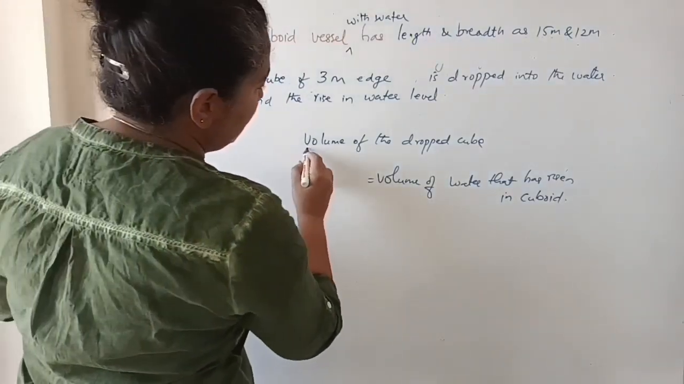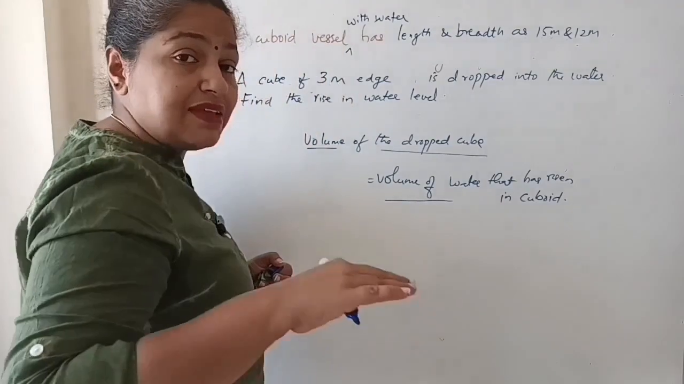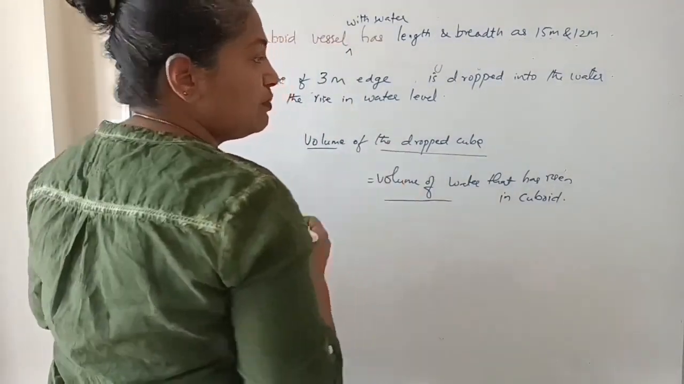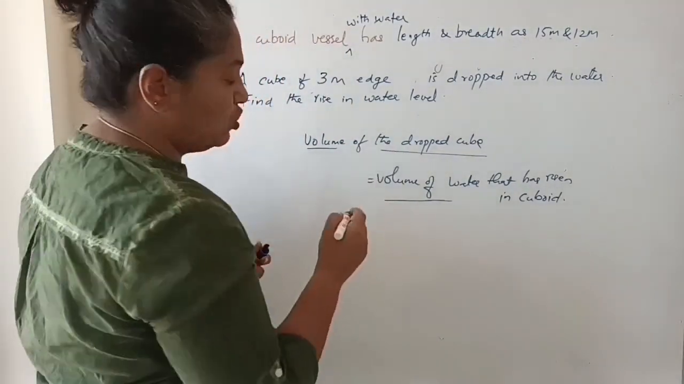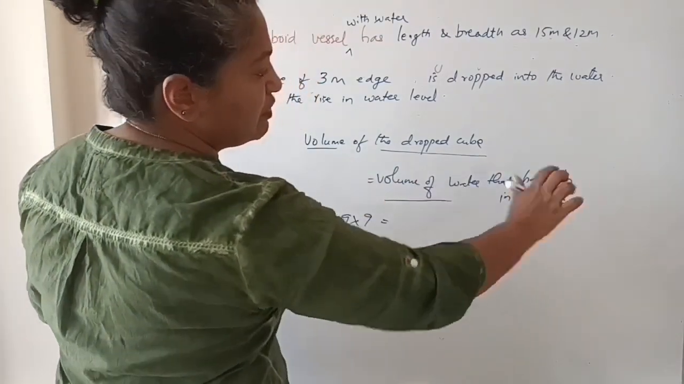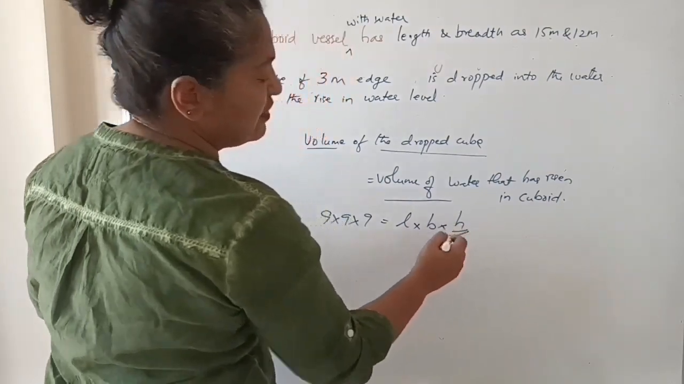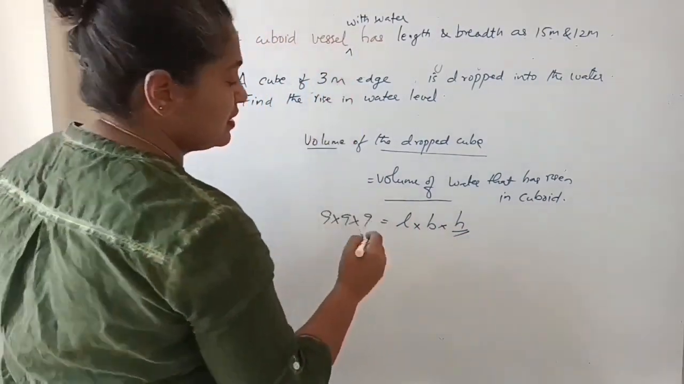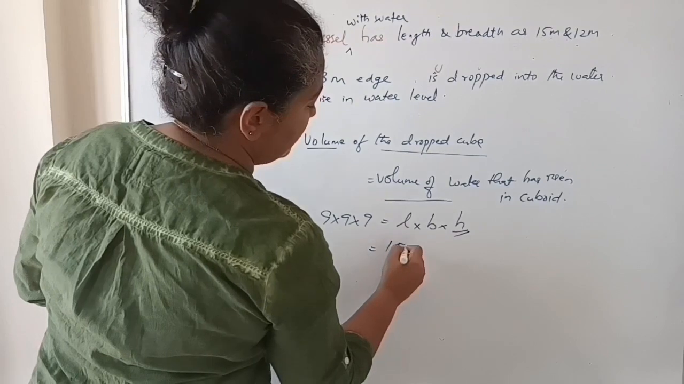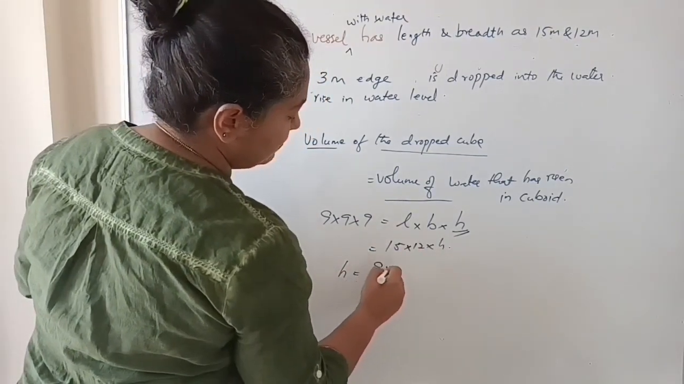So the basic concept is volume of the dropped cube is equal to the volume of the water that has risen in the cuboid. What's the volume of the cube? It is A cube or L cube, which is 9 into 9 into 9. Volume of the water that has risen in the cuboid is L into B into H. H is the height by which water has risen. So I get 15 into 12 into H, or my H is equal to,